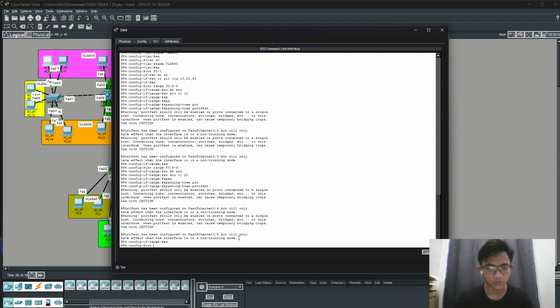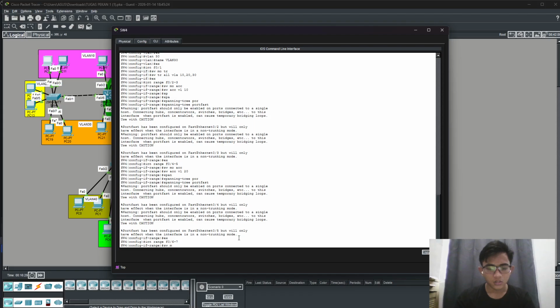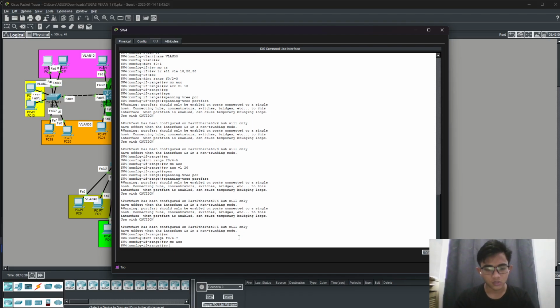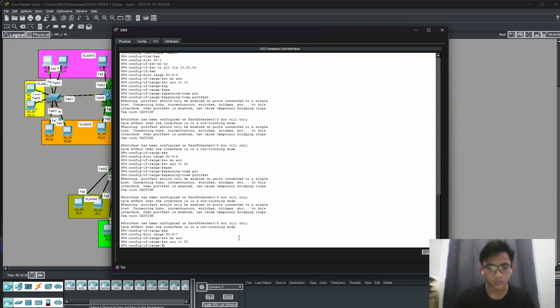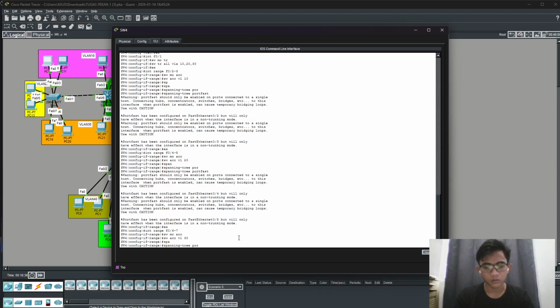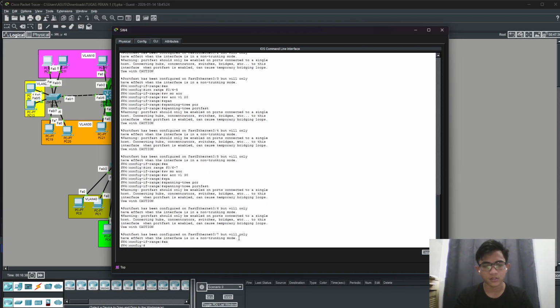And the last is interface range F0/6 until 7. Switchport mode access, switchport access VLAN 30, and spanning-tree portfast. Okay, exit.